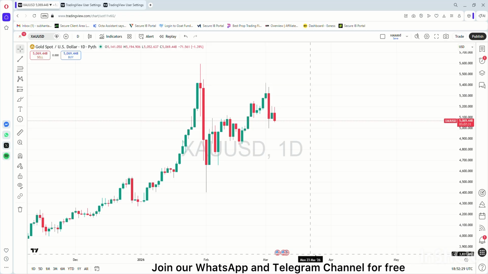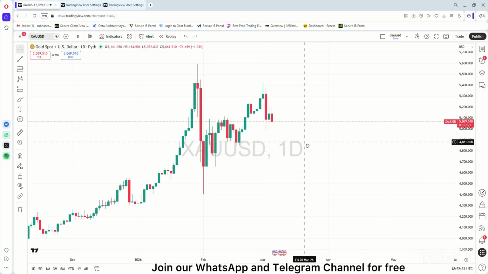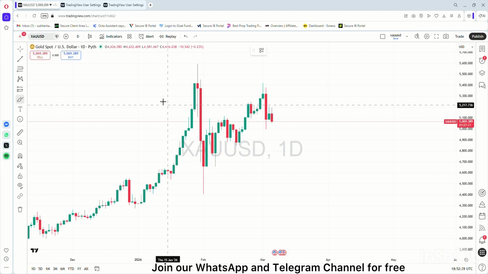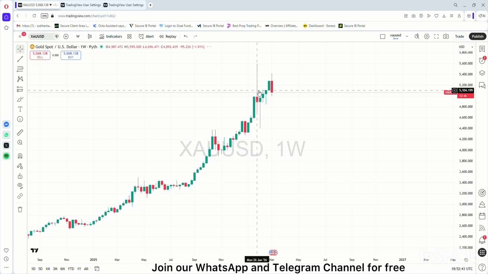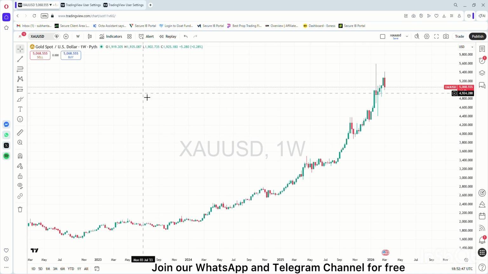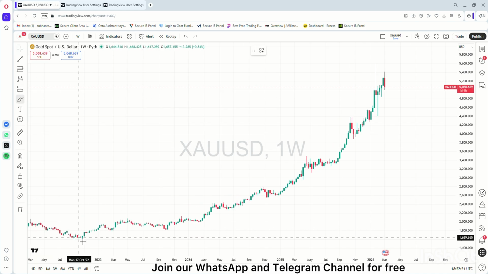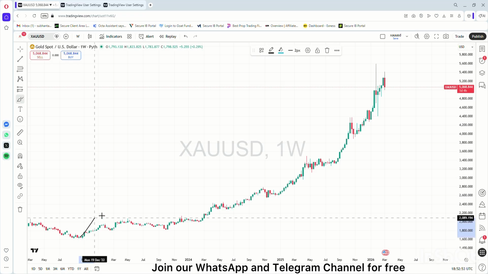So as you can see on your screen, this is the chart of gold according to daily time frame. As you know, we always study the gold from higher to low time frame, so we will switch the time frame to 1 week. So this is 1 week chart of gold, and as you can see, the gold is jumping right from here, which is the point 1639, and the bull run, the buying rally has been very